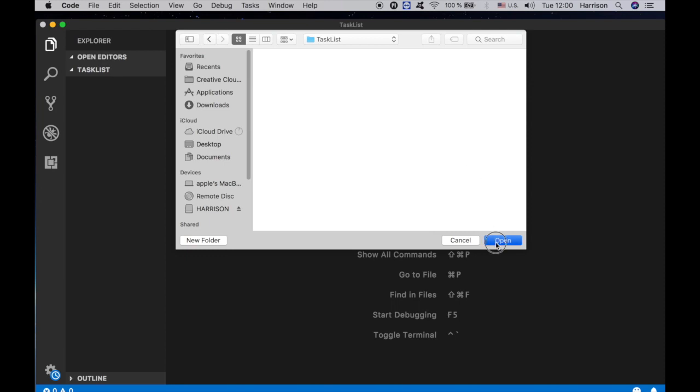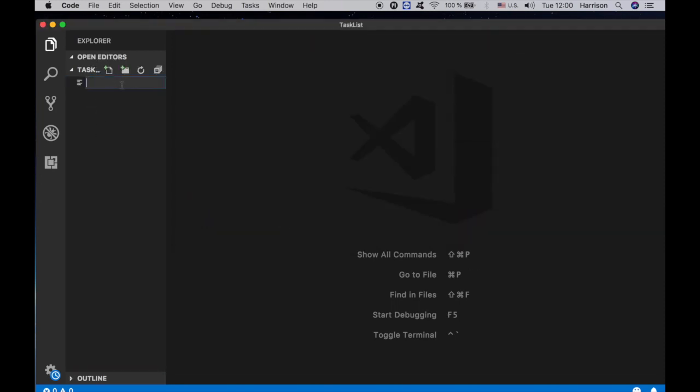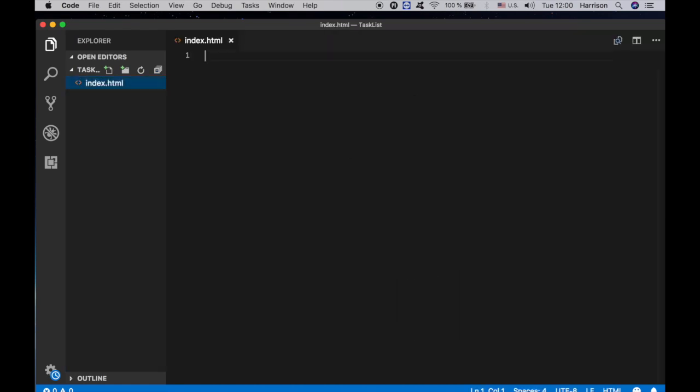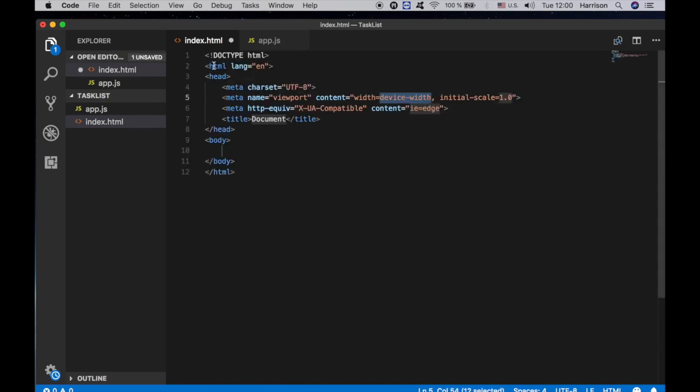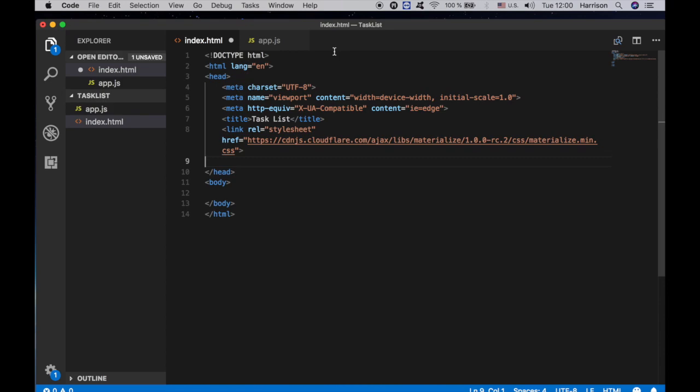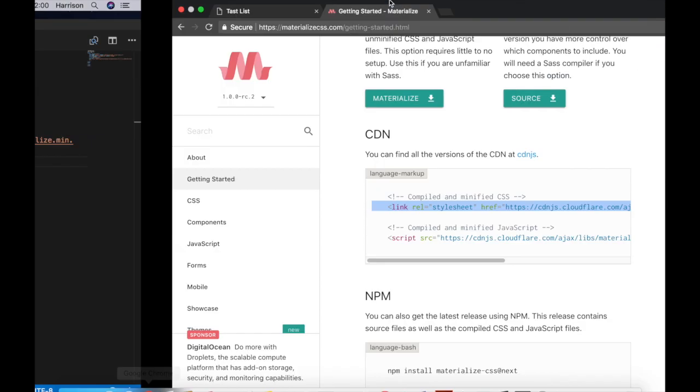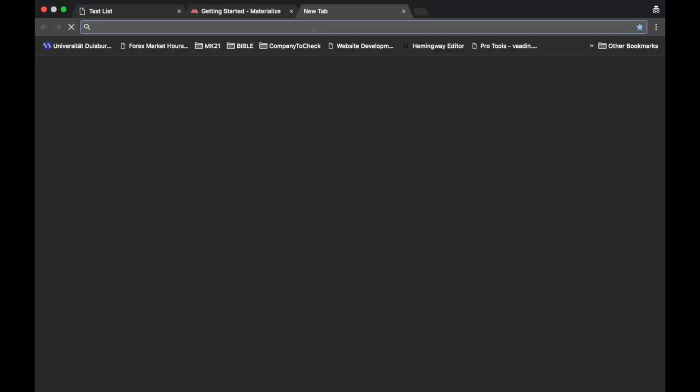There's no file yet, so I have to create it now. Let me create index.html and app.js, the JavaScript file. In the index.html, I want to launch an HTML boilerplate. So here would be a task list. And here I want to input the link to the Materialize CSS, and also we need the jQuery